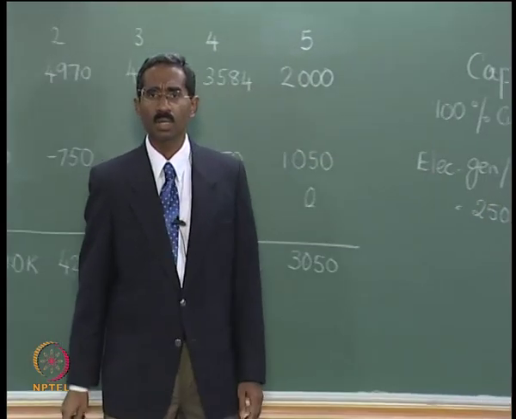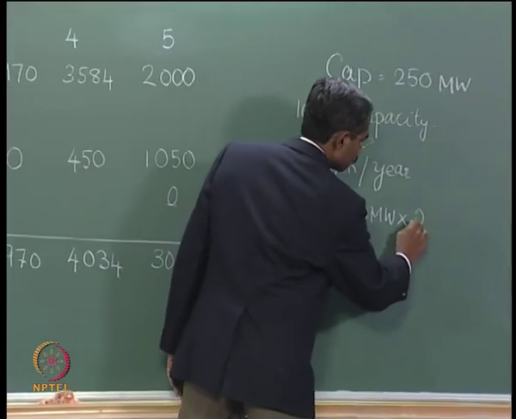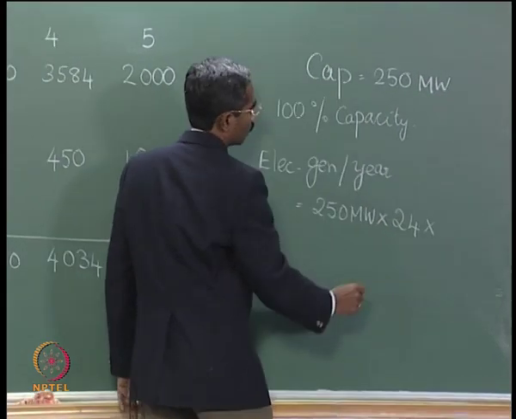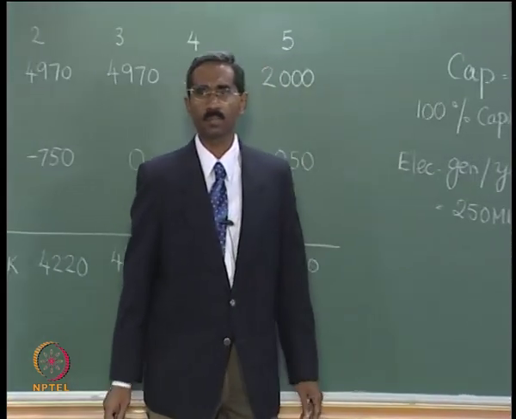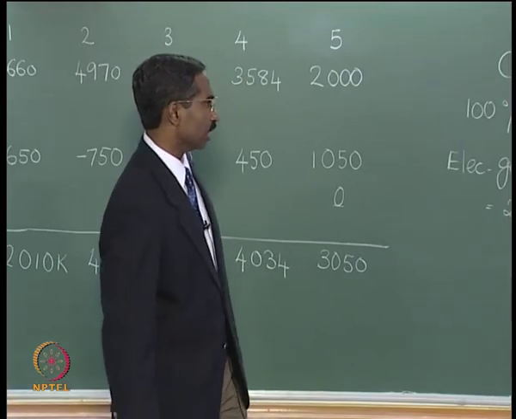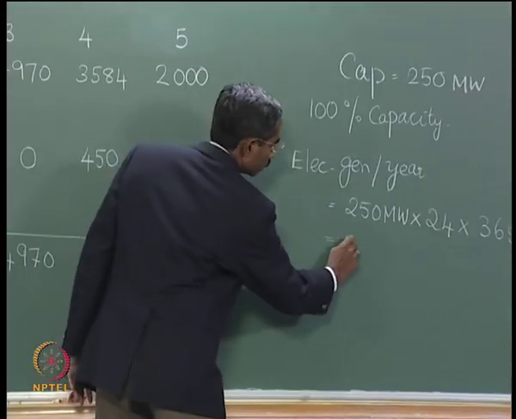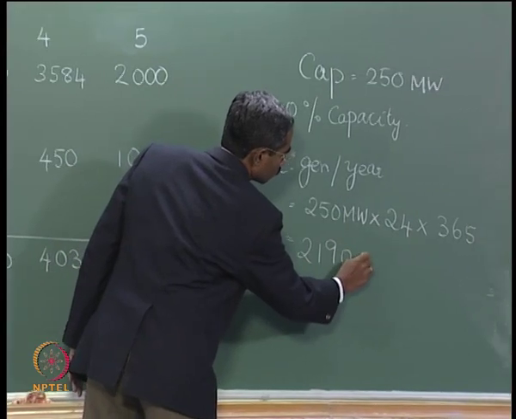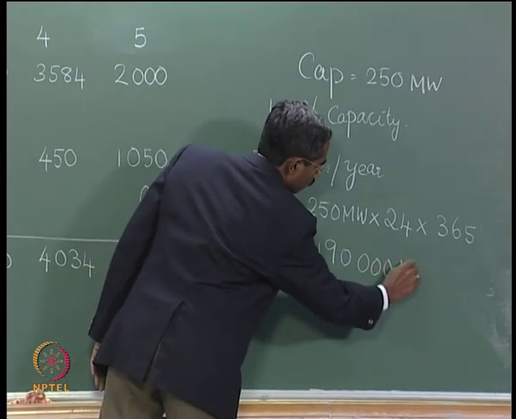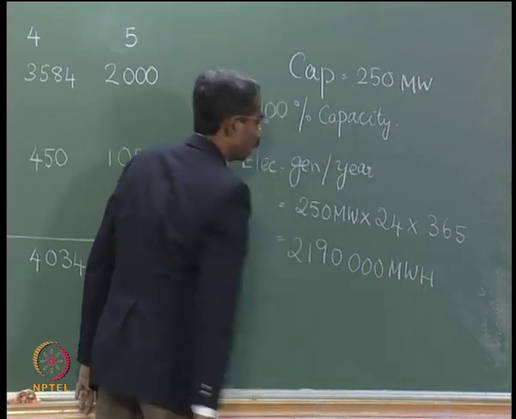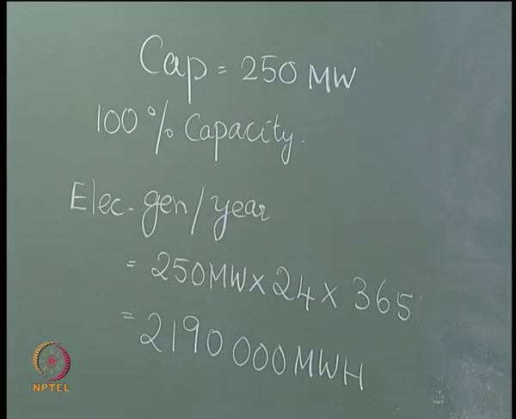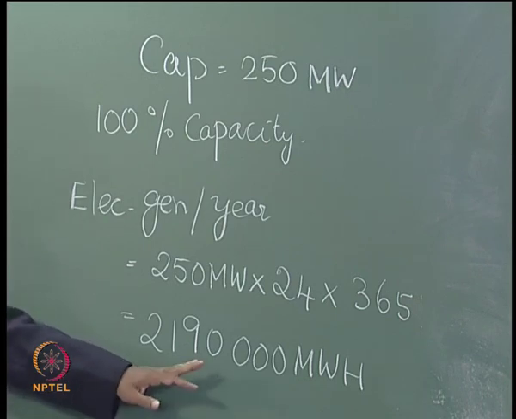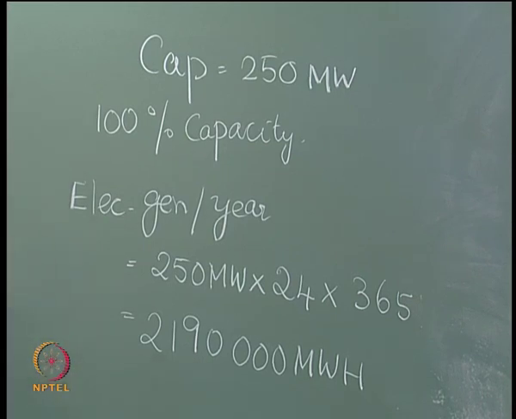There are 24 hours in a day, and then there are 365 days in a year, and if you actually calculate it, this will give you 2190000 megawatt hours. So if the plant functions at 100% capacity, then the amount of electricity that will be generated in 1 year will be 2190000 megawatt hours, but we are assuming that the plant will function only at about